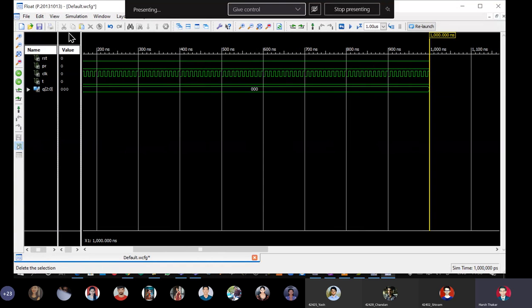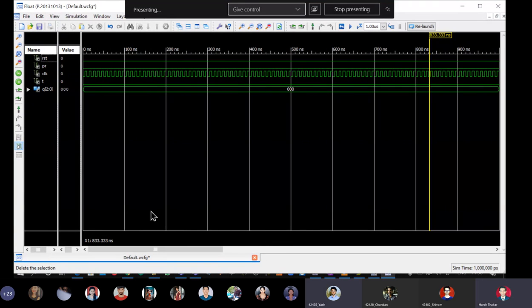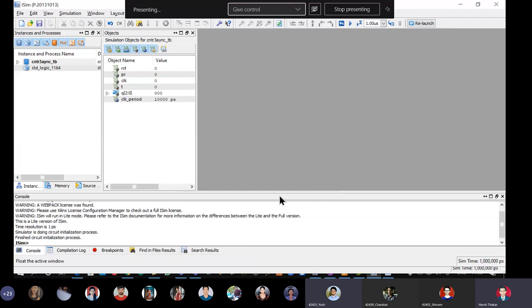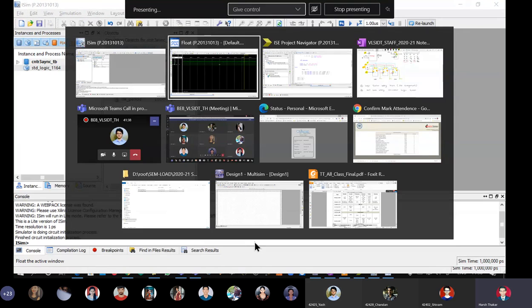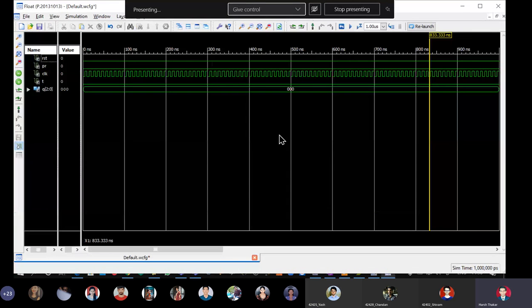What you said, T1? So we need to make T equal to 1 in the test bench. Yeah, that's what we are actually seeing, whether it is following the truth table. So now we are having it. You see here, no reset and preset and T equal to 0. So it is not incrementing. It is no change, right?